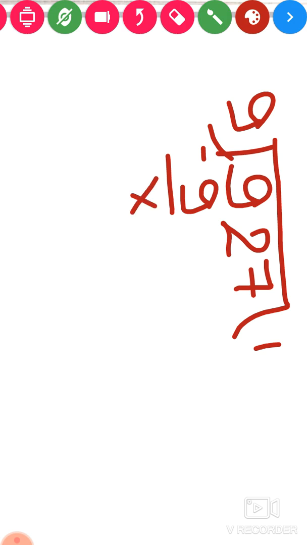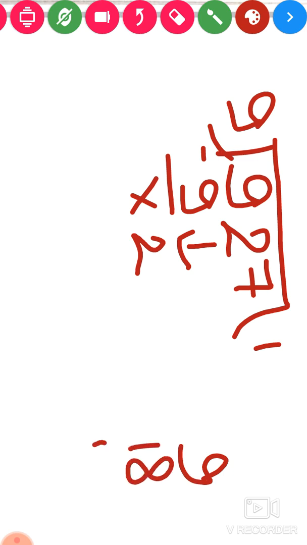Now what do we have to do? We have to carry down this 2. Now let us compare the number. This 2 is smaller than 9. The 2 we carried down is smaller than 9. So, does 2 come in 9's table? 9 ones are 9, 9 twos are 18, 9 threes are 27. No, 2 does not come in 9's table. Now since 2 does not come in 9's table, what will we do? We will take help from this 7. Now we will bring this 7 down.